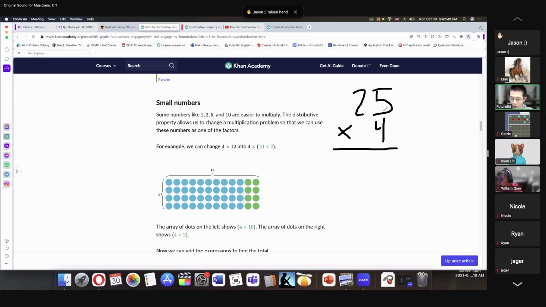Even if you do it from right to left, right? You have to carry anyways. 5 times 4 is 20. You throw the 20 up here, and 2 times 4 is 8. But then you have to carry again. So even if you do it from right to left, you have to carry twice anyways. But you don't need to erase. Well, okay, it's true you don't need to erase,